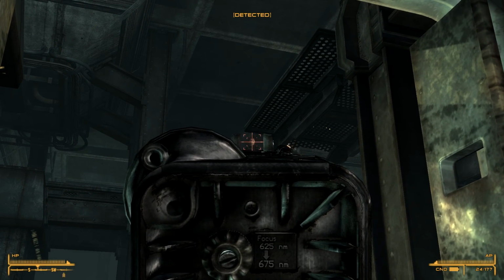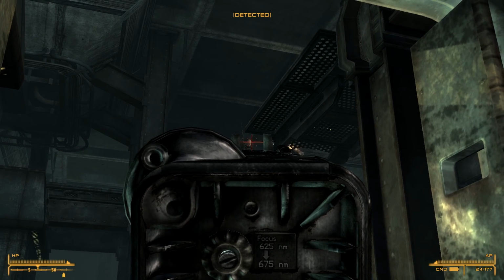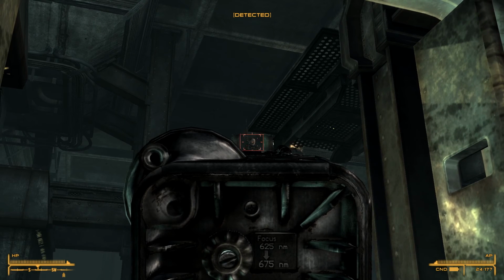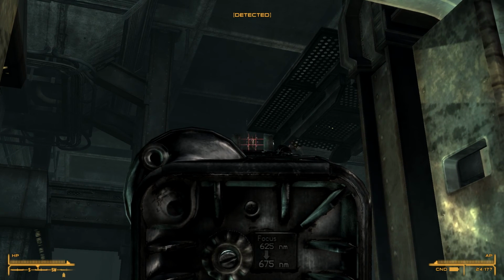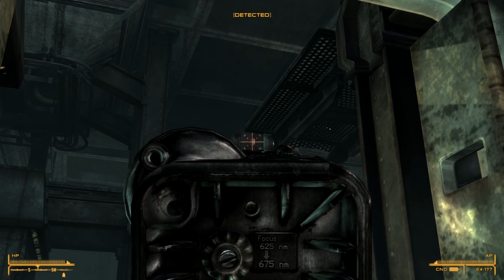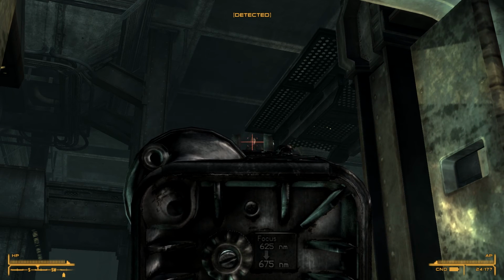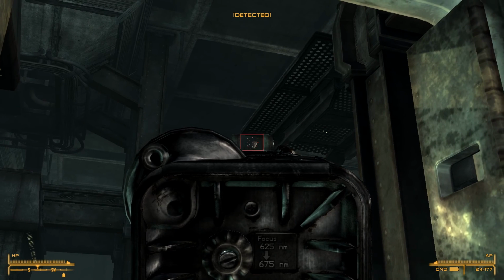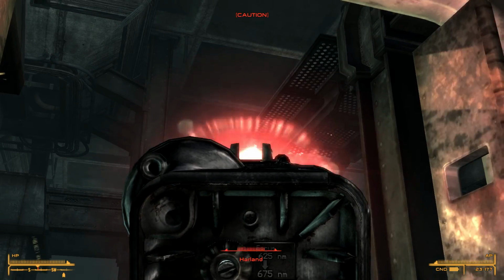And you find the person's friend, but they're dead, and to get there you have to kill some Nightkin, or do a really good job of sneaking. Usually you're going to need a stealth boy to do that. And then you come back here, you say, yeah, your friend's dead, and he's like, okay, I leave, and then you check his computer, and then you tell the Nightkin where the stealth boys are, and they aren't here. And then the Nightkin leave, and then you go talk to the ghouls, the ghouls send you on a freaking quest to get their stuff for them, and then you run back upstairs, and you launch the rockets. But anyways, I don't like this guy, so